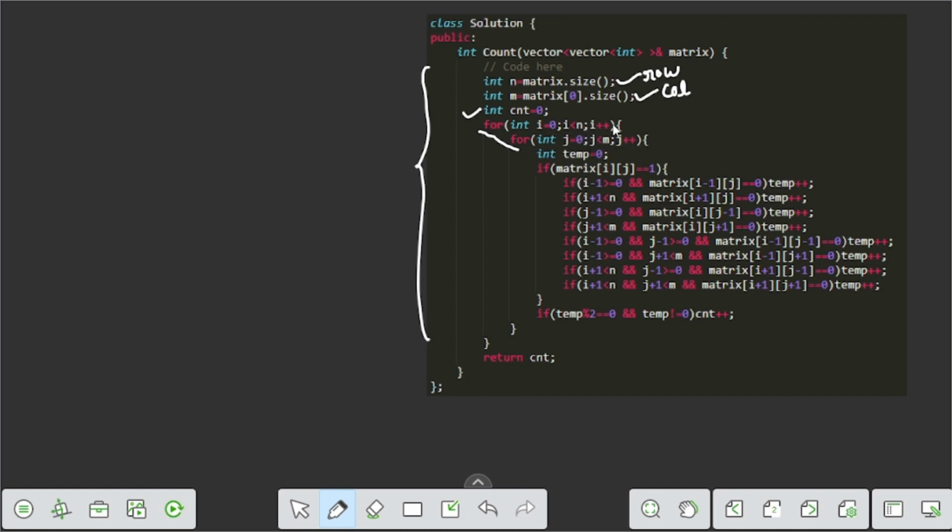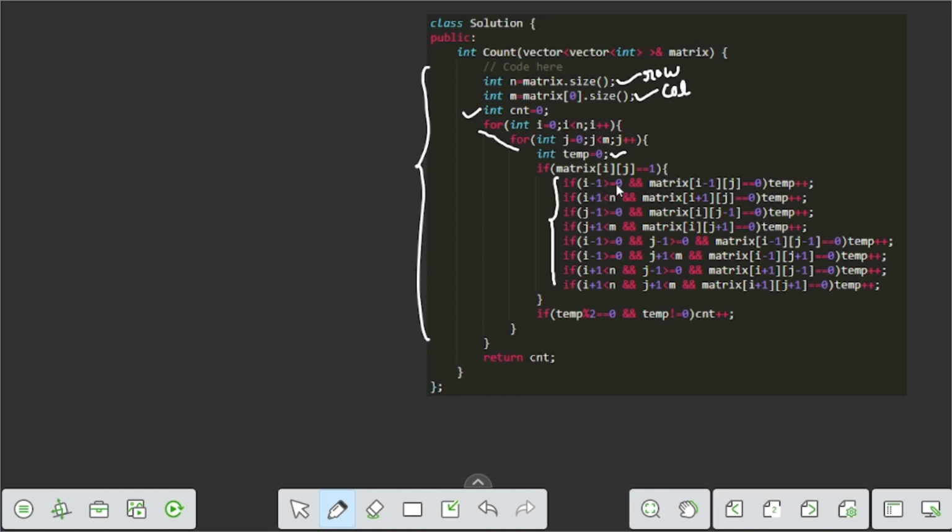So i equals 0, i less than n, and j equals 0, j less than m. Inside this we create a temp variable for storing the zeros of the individual index. If there is a one at that index, we perform 8 conditions for all possible directions, and if there is a 0, we simply increase the count of temp.